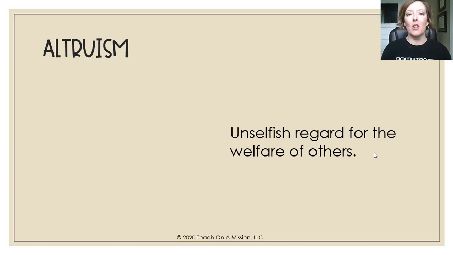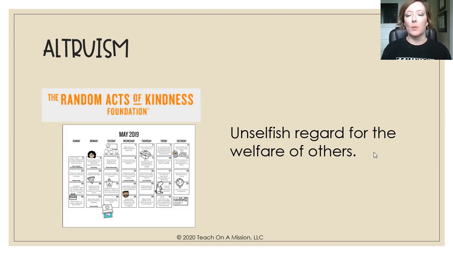All right, first let's talk about what altruism even is. The definition of altruism is the unselfish regard for the welfare of others. And so this is an attitude, it is a belief, and it's going to affect your behavior potentially. When you think of random acts of kindness without any kind of expectation of retribution, then that's basically altruism, when you give without expecting anything in return. That's what we're talking about when we're talking about altruism. It's doing good for the sake of doing good.